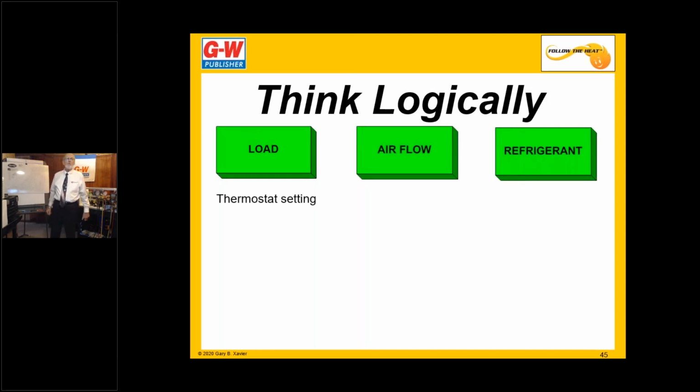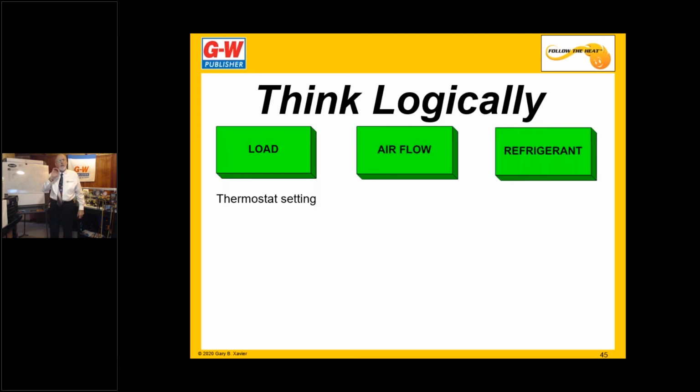Look at the thermostat. So, have you ever noticed that people mess with thermostats? Have you ever seen a situation where somebody says, well, I turned it all the way down because that way it'll get colder in here faster? They think it's a gas pedal, an accelerator. It's just a switch. It turns the system on and off. But if they turn it all the way down and leave it turned down,